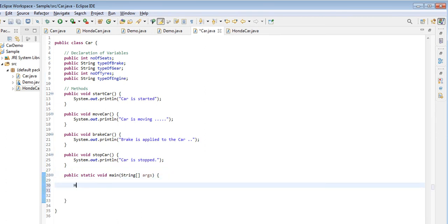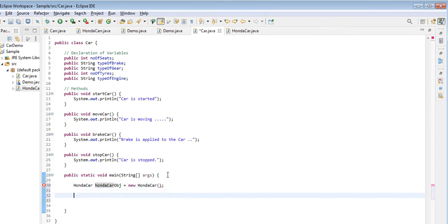I'm going to create an object: Honda car object is equivalent to new Honda car. Okay, now what I am going to do is print the values of the variables of the Honda car. So for that I am going to use System dot